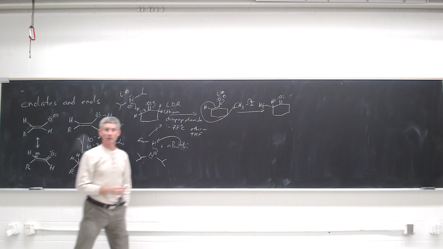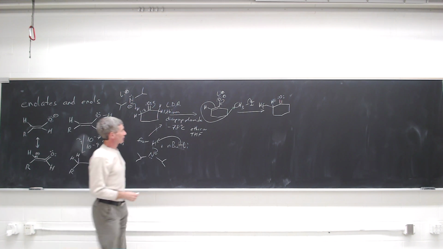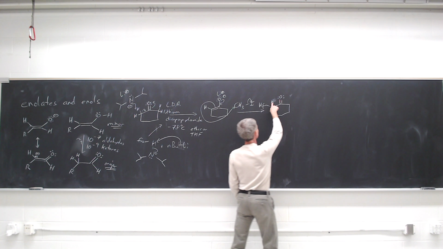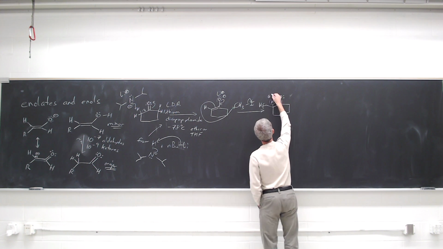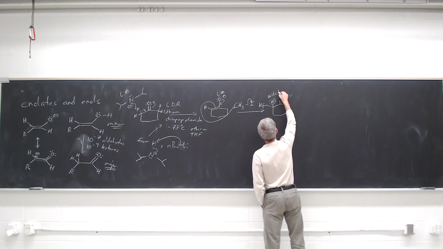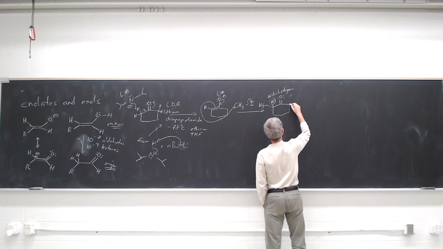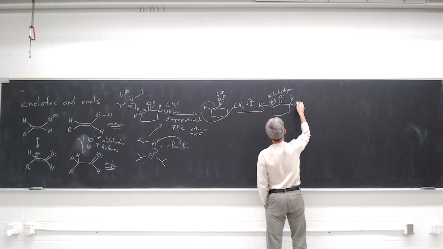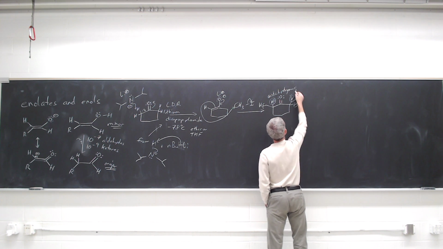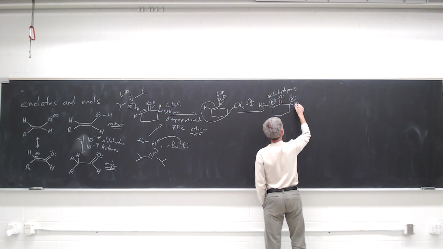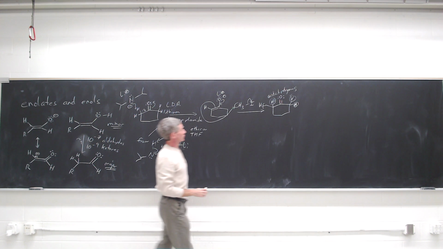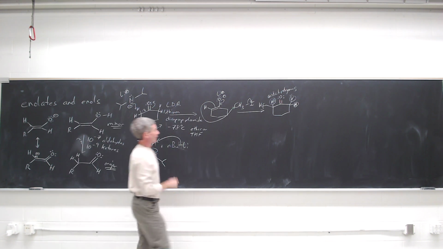The reaction is somewhat problematic, though, because there's still another acidic hydrogen here, in addition to the two acidic hydrogens over here. So it's quite possible for multiple alkylation